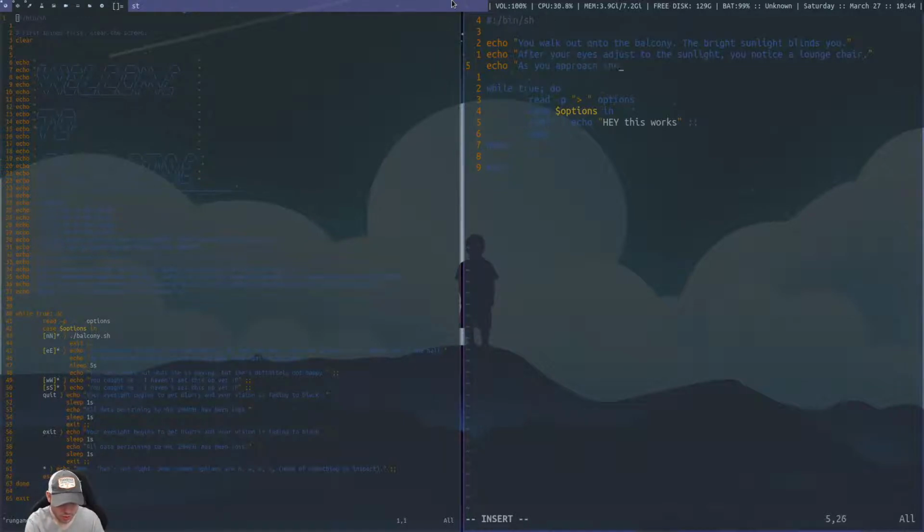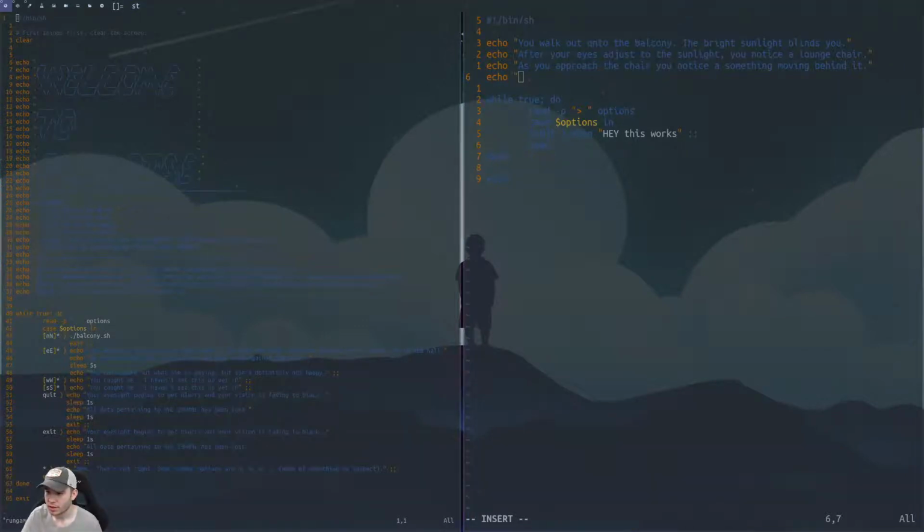As you approach the chair, you notice something moving behind it.